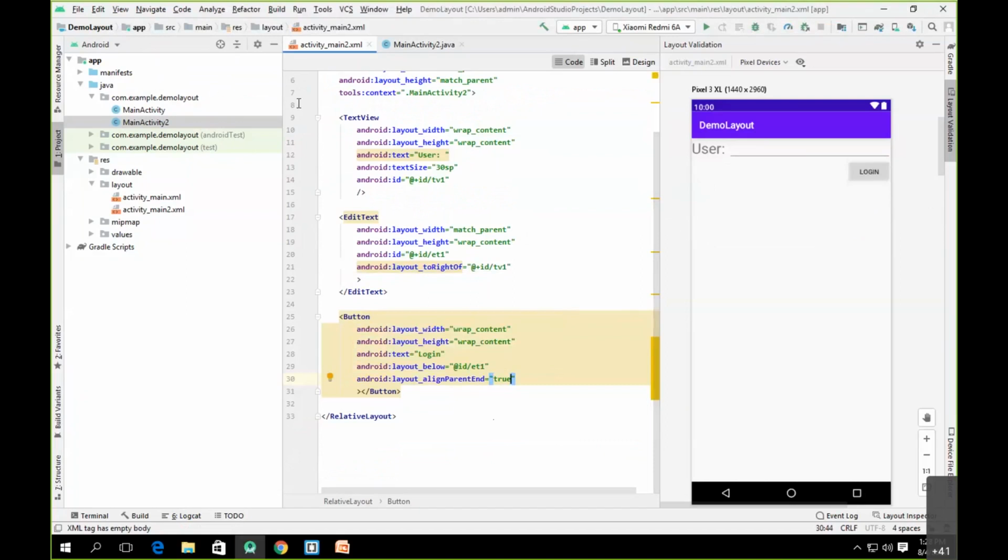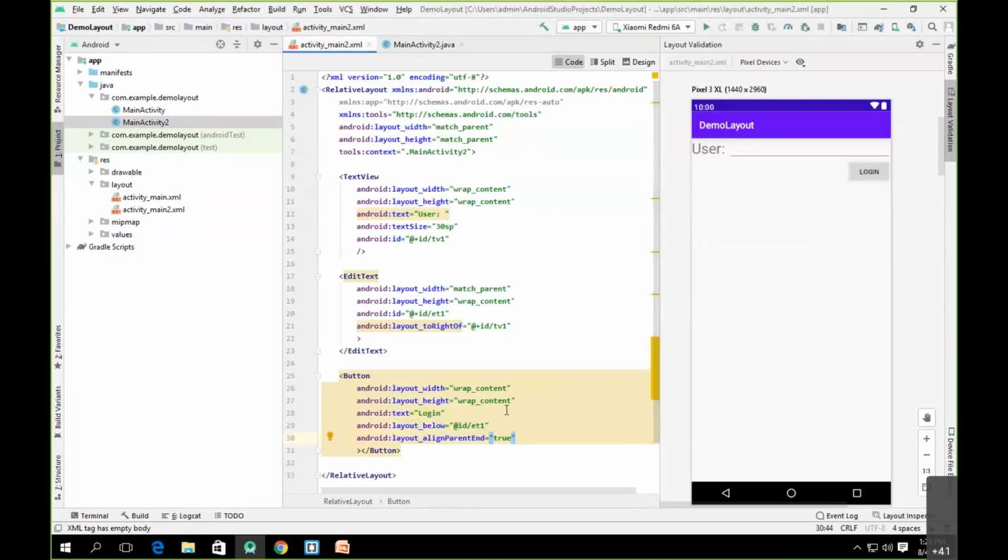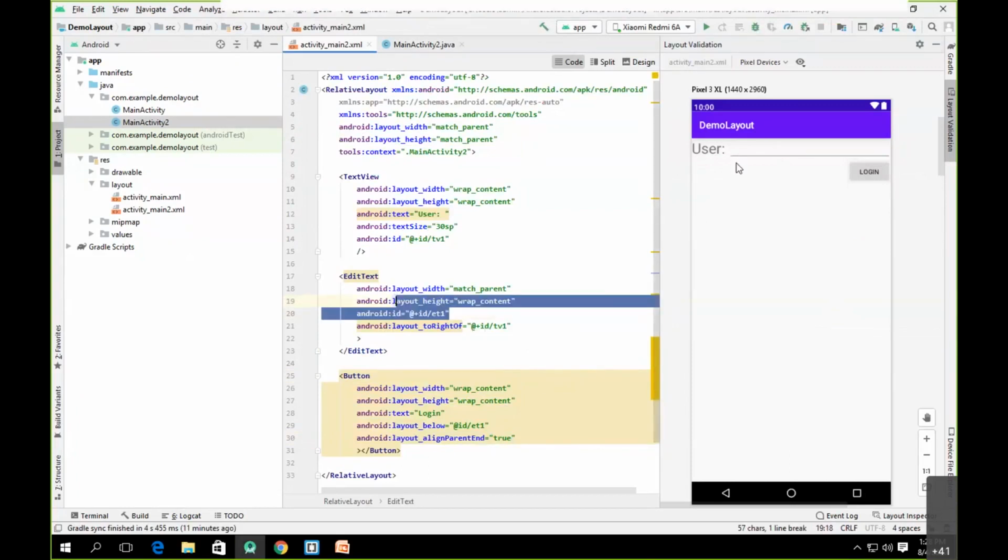Okay, so as you can see, for the relative layout, I can give the relative position of the control with respect to either other control or with respect to the parent. For example, if we see this edit text, it only has the relative position with respect to other control.